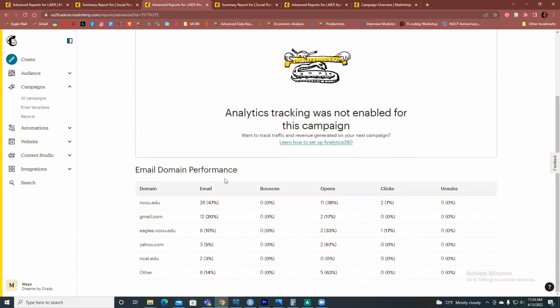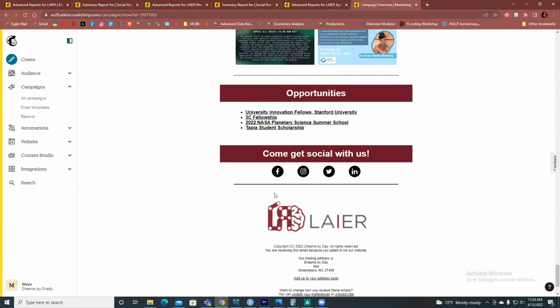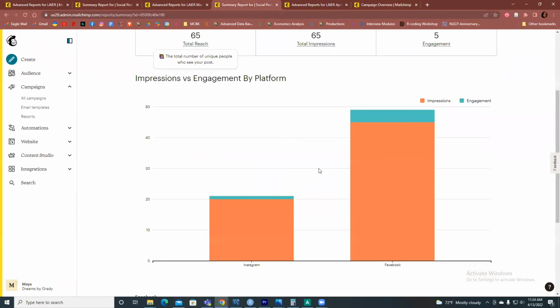When we got to March, we had increased from 3 students to 6 students because we had taken the time to sort of look at our opportunities and pivot them more towards students. And in our summary report, you can see that we did have more engagement on Instagram. Facebook stayed relatively the same.